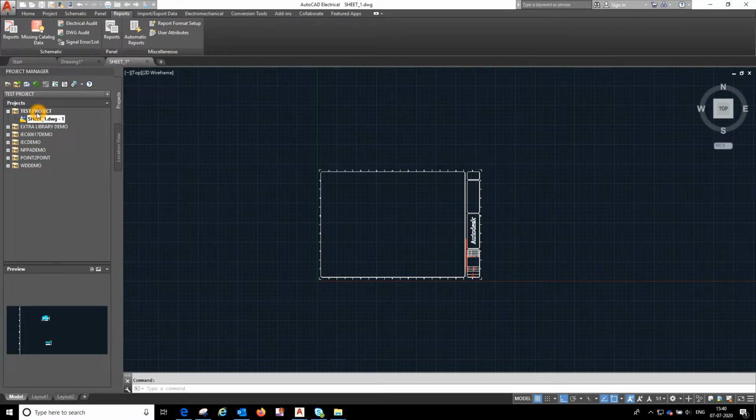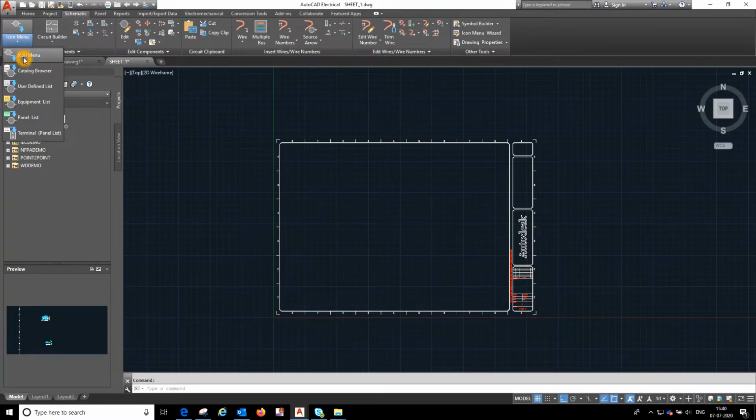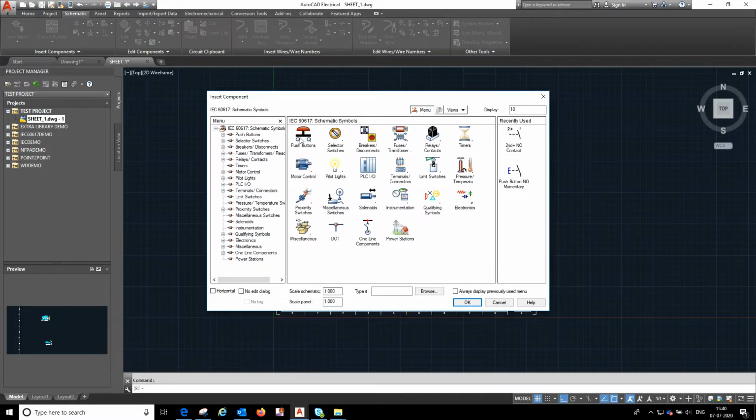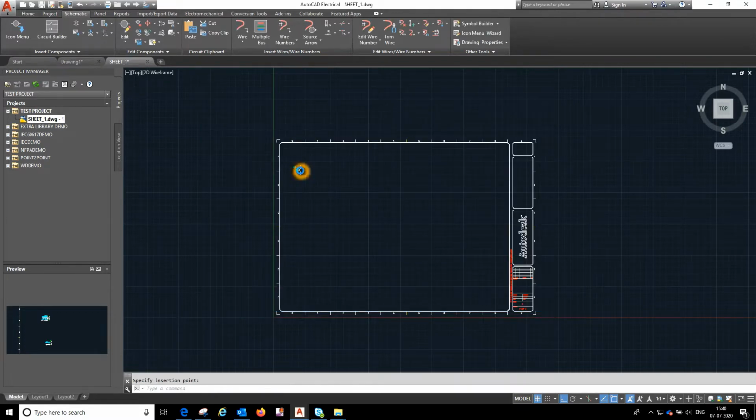Here I have created a project called test project and the drawing called sheet number one. Here I am in the workplace of sheet one. I'll directly move to the schematic tab. There I will select icon menu, and hit on icon menu. After that I'll select push button, momentary type,